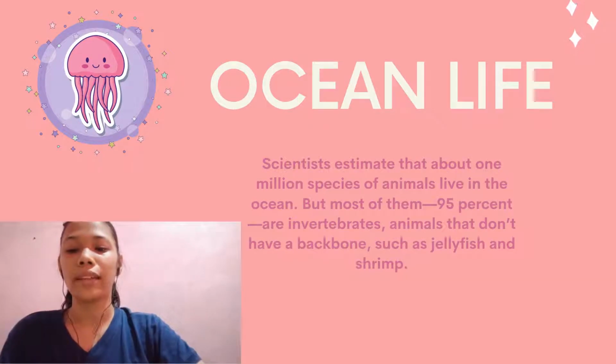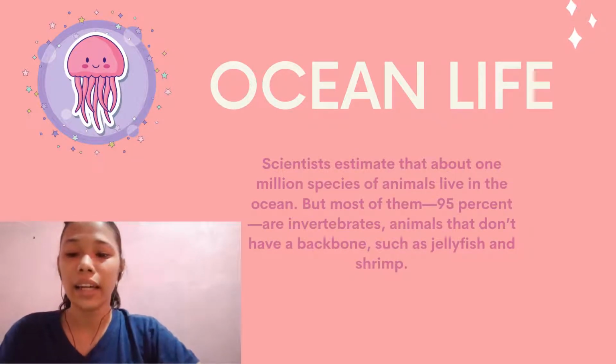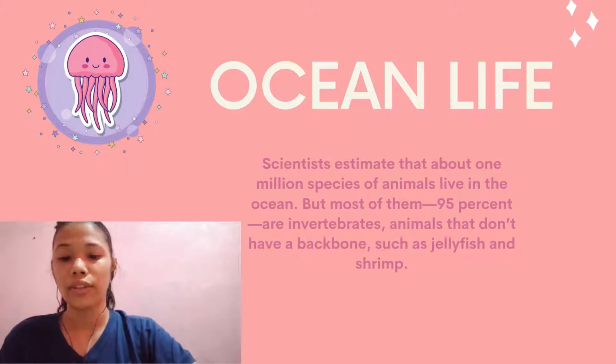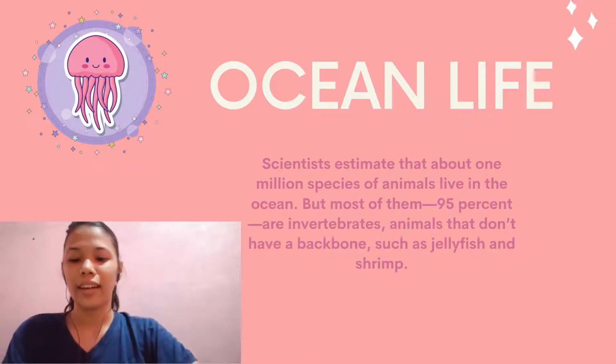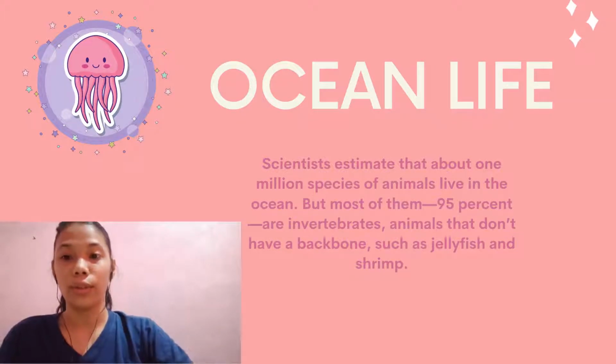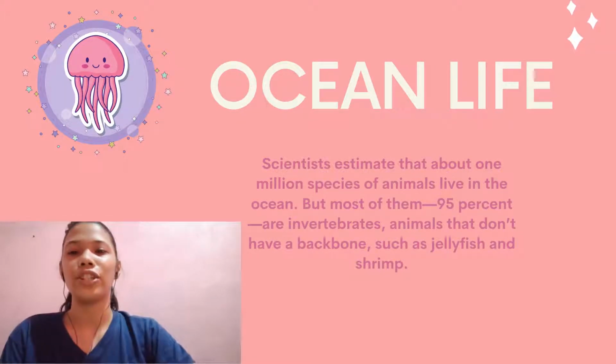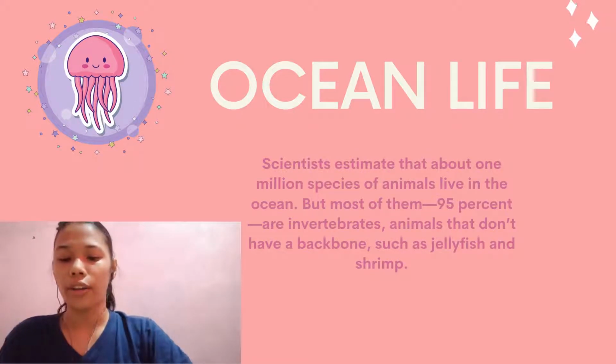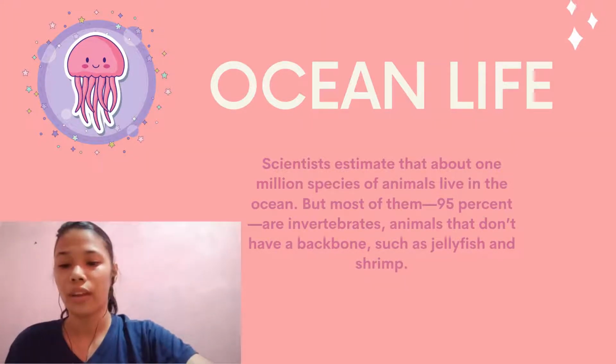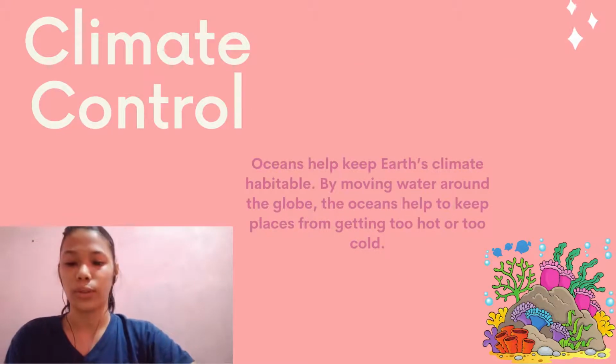The ocean teems with plant life as well. Most are tiny algae called phytoplankton, and these microscopic plants have a big job. Through photosynthesis, they produce about half of the oxygen that humans and other land-dwelling animals get to breathe. It's really amazing to know that most of our oxygen really comes from the ocean. The bigger algae, like the seaweed and kelps, also grow in the ocean and provide food and shelter for marine animals. Next slide.